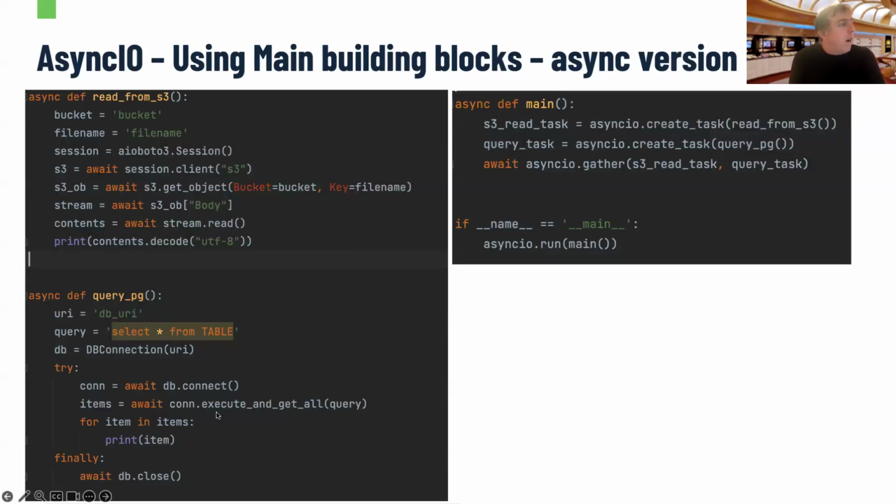When the query runs and the file body is returned, this is done asynchronously, and while waiting for the IO, the context continues to the other part.